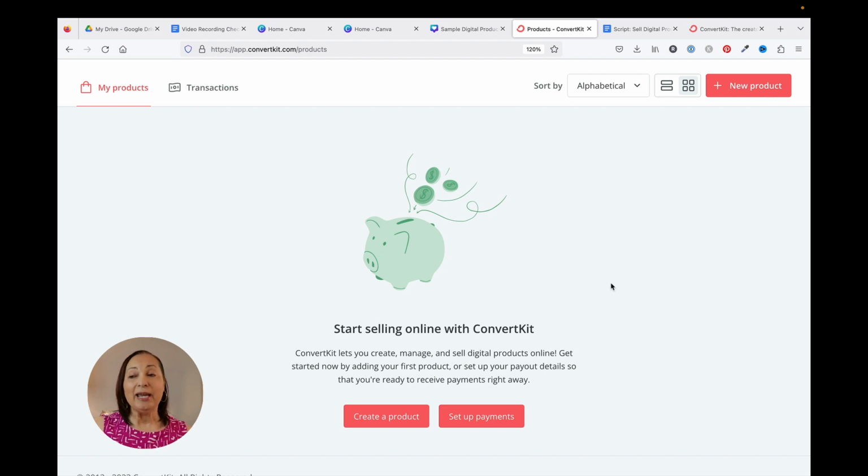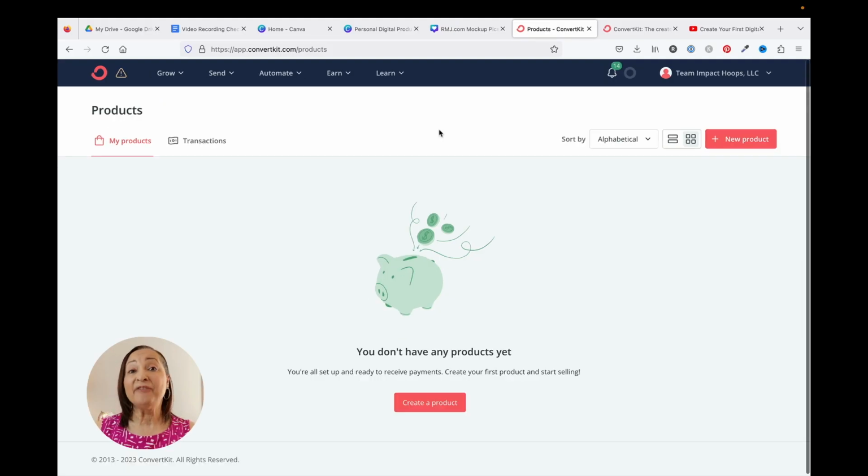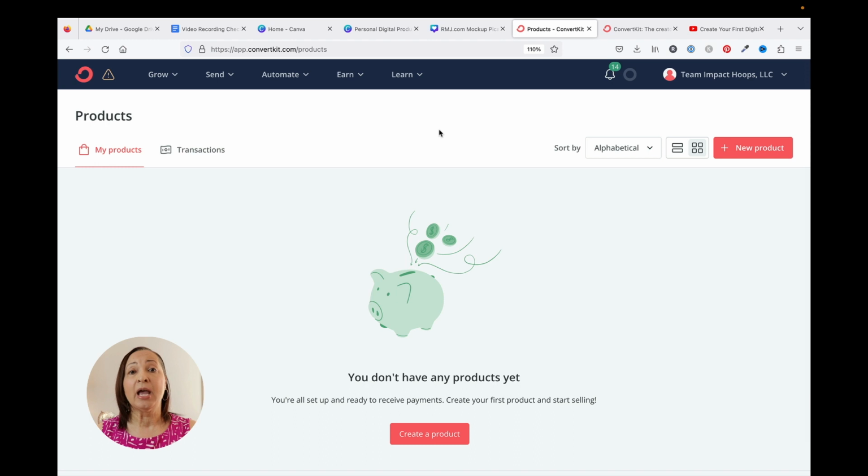And as you can see, all you have to do from this screen is just click on Set Up Payments. And then the next thing that will happen is it's going to ask you to review all of your details, which definitely take the time to review all of the information that you've input, read and agree to the terms, and then you can click on Submit. So after you have gone through the process of setting up your payment information, now the next step of the process is to set up or create your very first product.